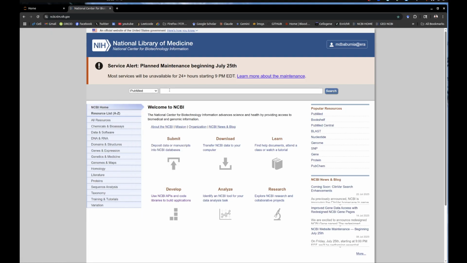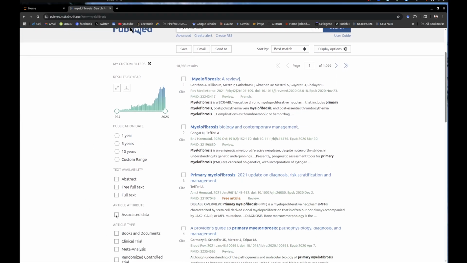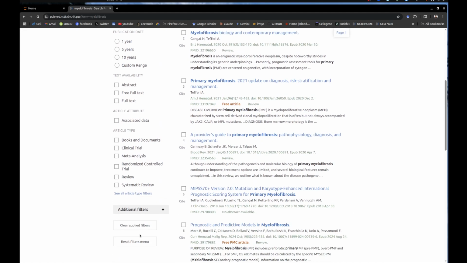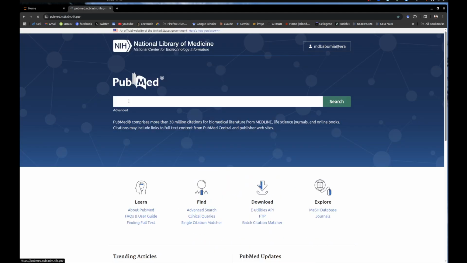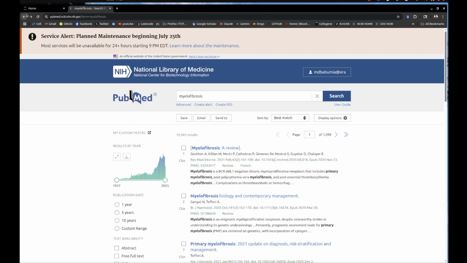So we search for a paper. Okay, we want to search on myelofibrosis. Search it from here. There are a lot of papers, and they come with a lot of filters, which are years, a lot of parameters in there. Other than PubMed, we have